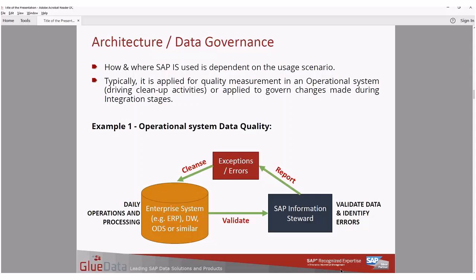And I'll go into exactly how it feeds into the governance side of things. But just to give you some examples of how it's applied in an operational system, you can see that we have, let's say, an ERP system here. We then pull the data into Information Steward, analyze and measure our quality, or profile the data, build the rules, analyze and measure the quality. The outcome of that is that we're going to get some exceptions and errors. Okay. Now these errors, if we don't cleanse them, they're just going to sit there, and the data is going to stay like that in that state in our source system,